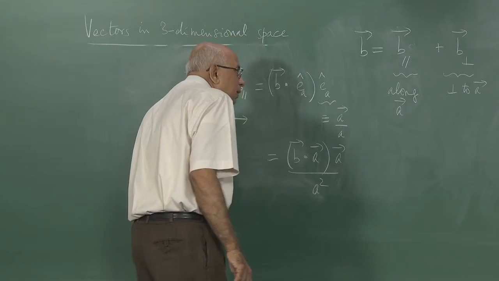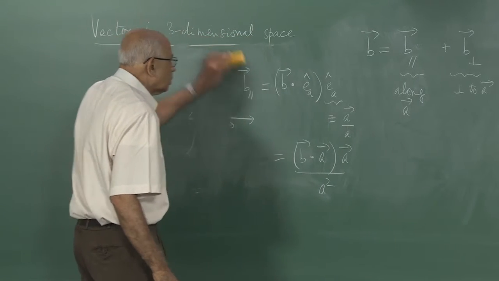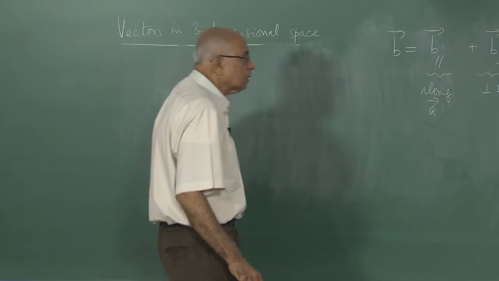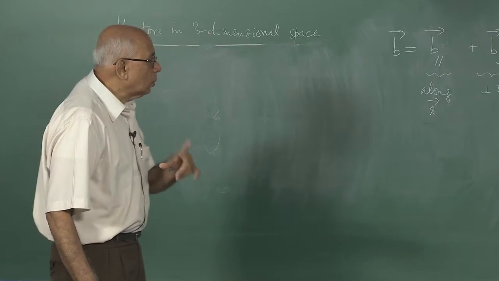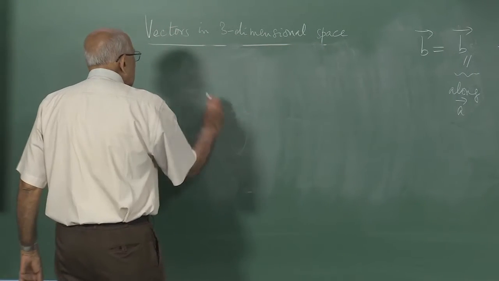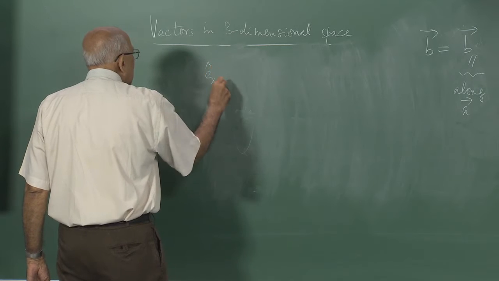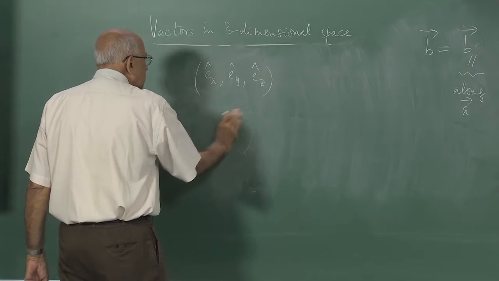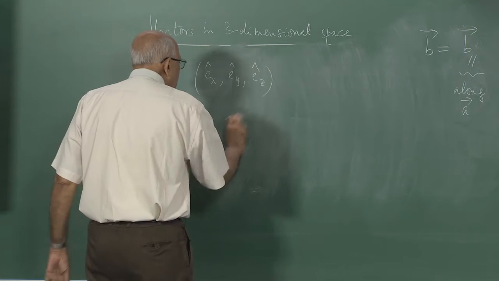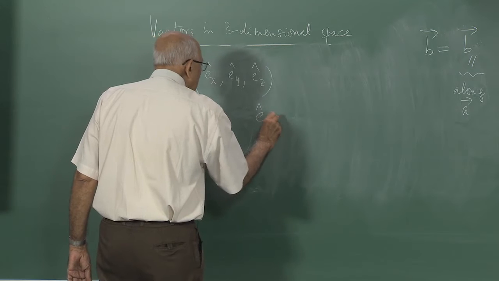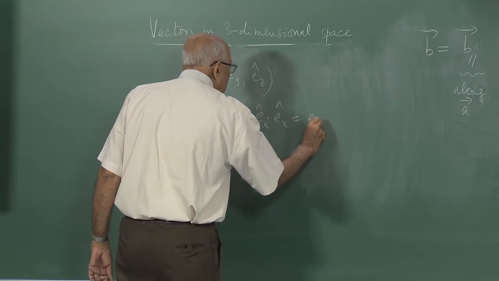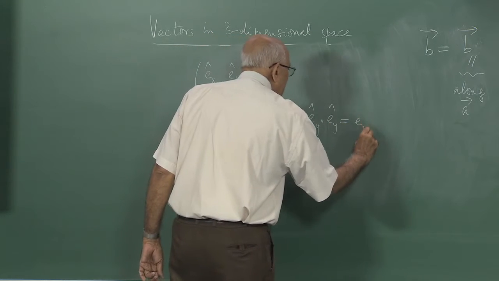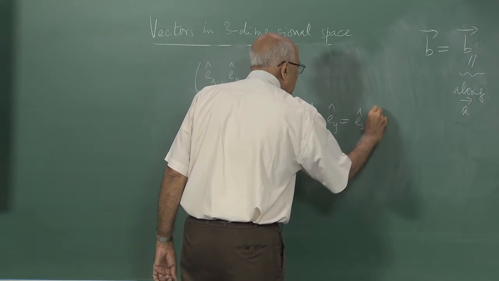Well, that requires a little bit of an identity, and I am going to spend a little bit of time talking about this identity. That is the following. But before that, I need to point out that in the Cartesian basis, Ex, Ey and Ez were unit vectors, and these vectors satisfied the property Ex dot Ex is equal to Ey dot Ey is equal to Ez dot Ez equal to